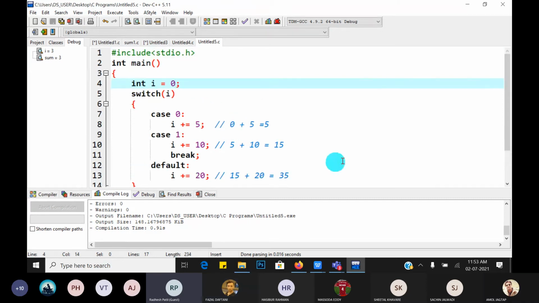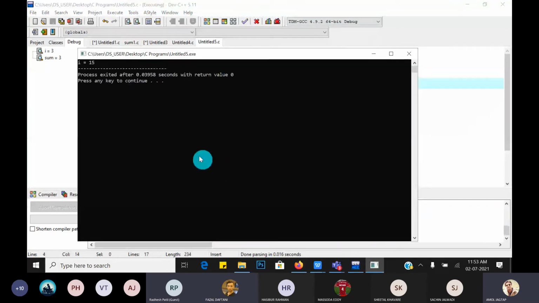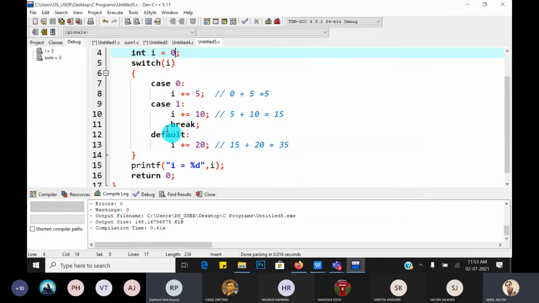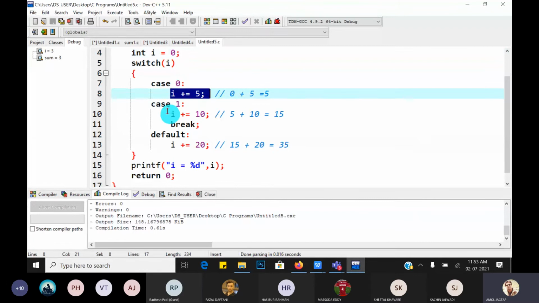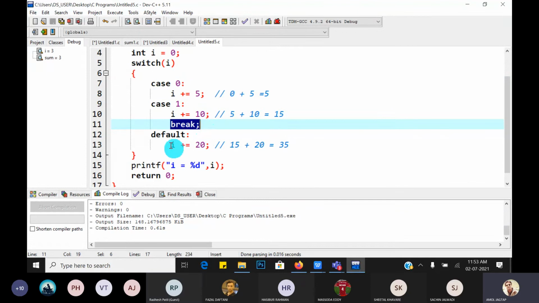Compile and run. Yes, it is 15. Because case 0 is matched, it executes the body of case 0 first, then case 2 and case 1 also, but here it gets the break, so the default case is not executed.